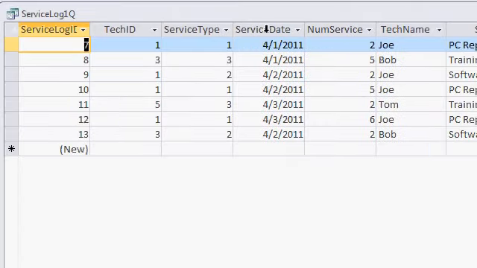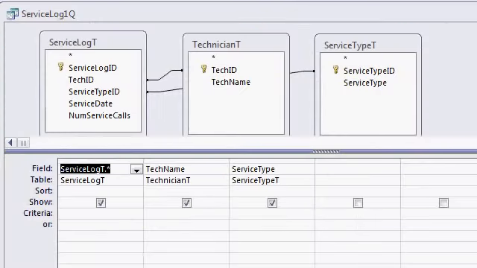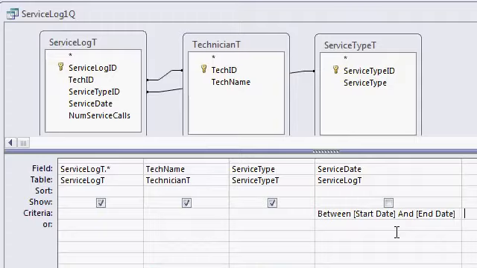Now if you want to add a date criteria to this, you can. Go back to Design View. We'll have to add service date separately, and I'll click off the Show button so it doesn't show up twice. And down here, criteria, just say between, and then inside of square brackets, start date and end date, just like that. That will prompt the user for 2 dates and use those as the beginning and end date for our